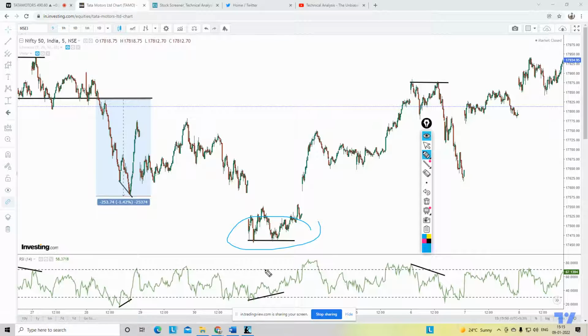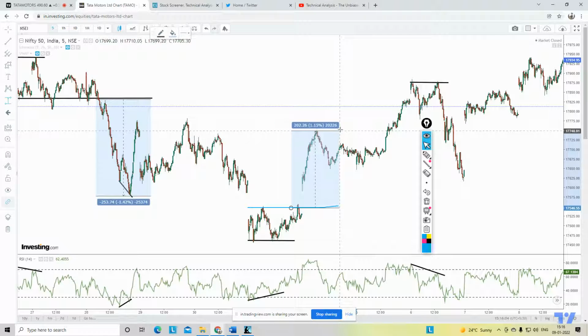Here you see again there were multiple bottoms, a triple bottom kind of pattern on a 5 minute chart, and we saw a good bullish divergence for the whole day. And can you see the gap? The moment it broke this particular range, which was a resistance range, and again if I may show you, from this particular breakout, again we got 205 points. Understood?